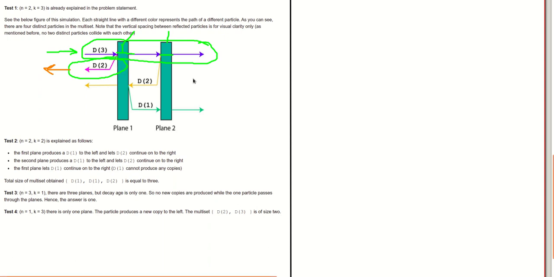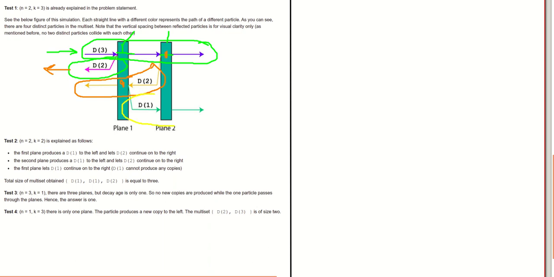This was the first. Now as this 3 also strikes the second plane at this point, the second plane will also produce a copy of decay age 3 minus 1, that is 2, the same way the first plane did. This will be the trajectory of the new particle of decay age 2. Now there is one more plane which this 2 strikes, but it can pass through easily. But it will again create one more copy of a particle with decay age 2 minus 1 to the right, because it was going left.